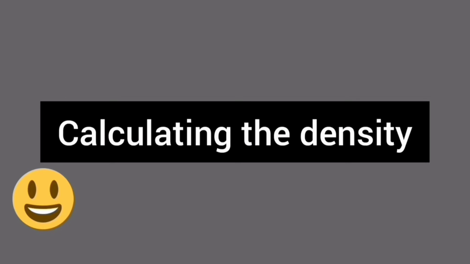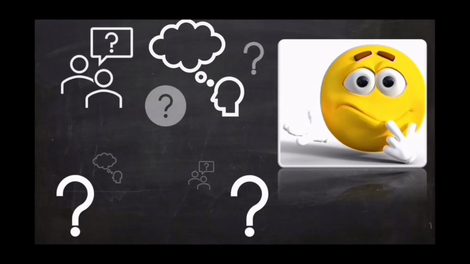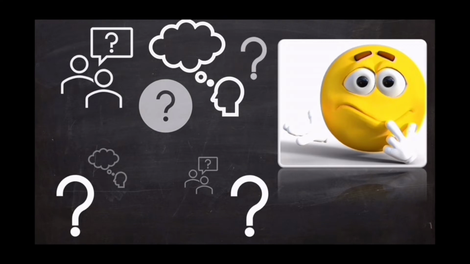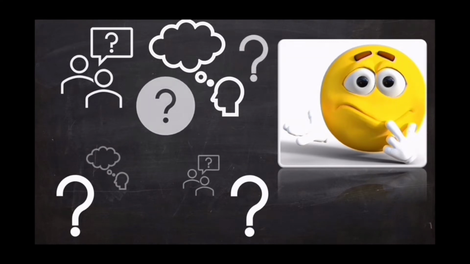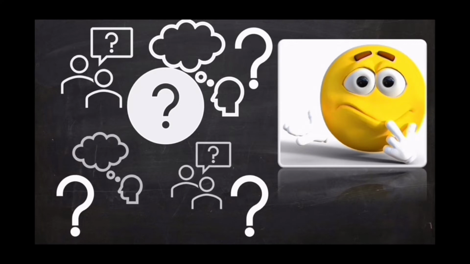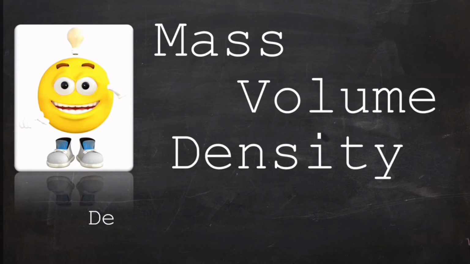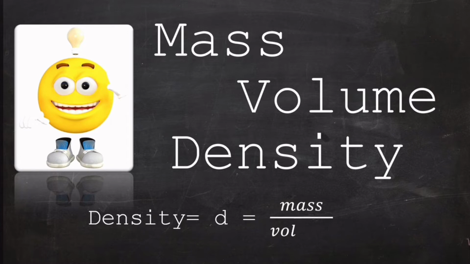In this lesson, we will learn how to calculate the density of a variety of materials. Density is a scientific term used to describe how much space an object or substance takes up in relation to the amount of matter in that object or substance. In other words, density is defined as its mass per unit volume. Hence, calculating the mass and the volume of an object can help us easily calculate its density.